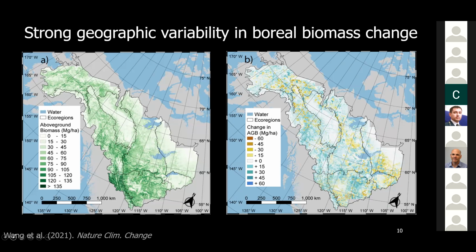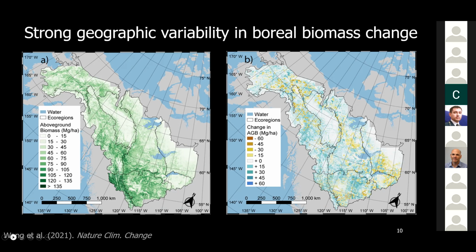And so this is the whole domain that we've mapped. On the left, I'm just showing the average biomass density across the ABoVE core domain, excluding the tundra. And on the right, I'm showing the net change in biomass as a result of growth or these disturbances removing the biomass. And that's using similar color scales as before, with the browns being losses of biomass and the blues on the right being increases.